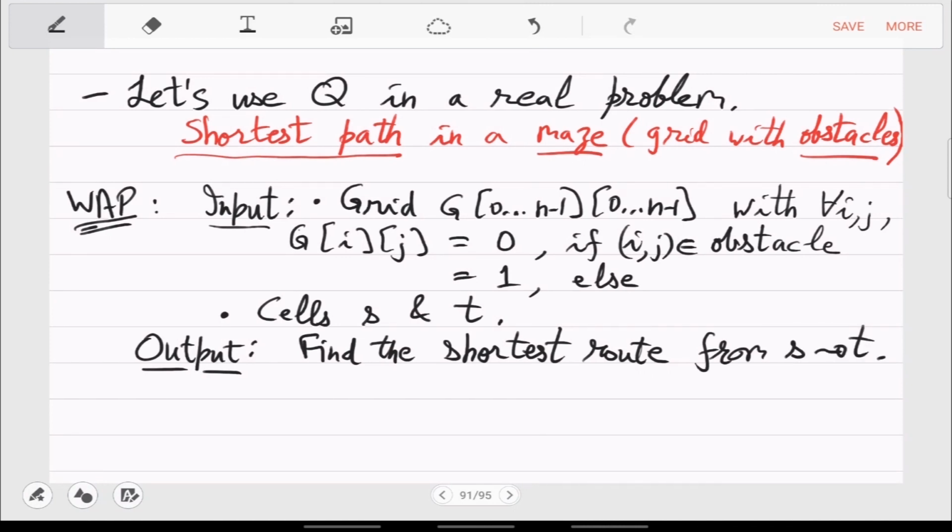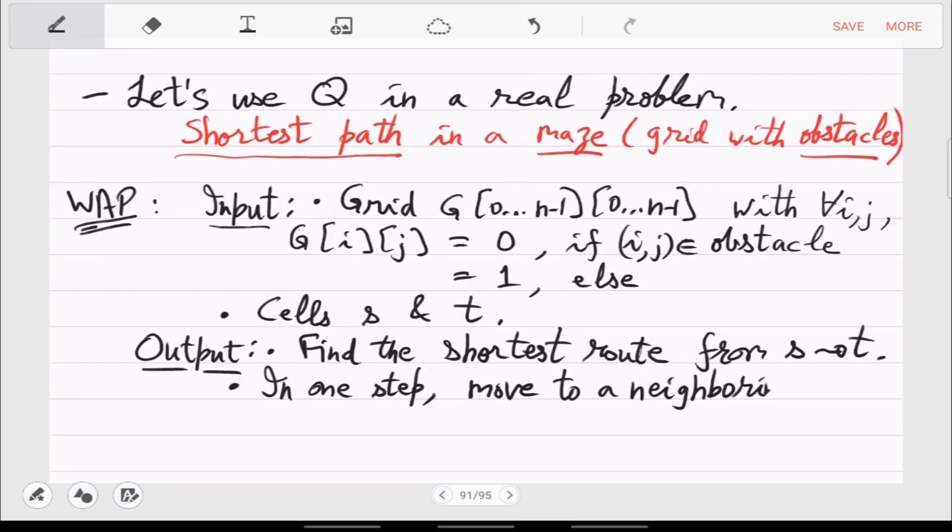From S to T, and the rule is that in one step you move to a neighboring cell, which is 1 out of 4.